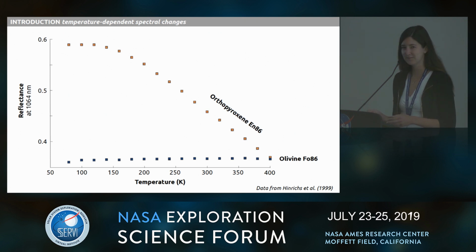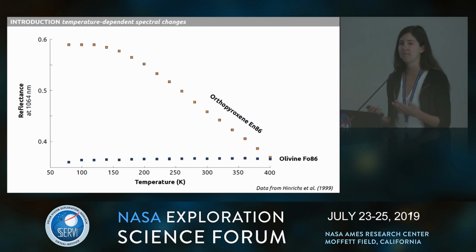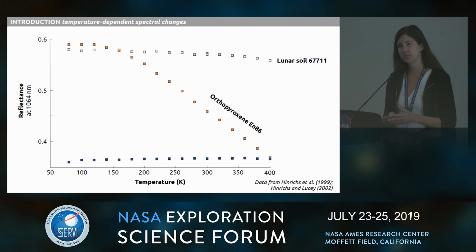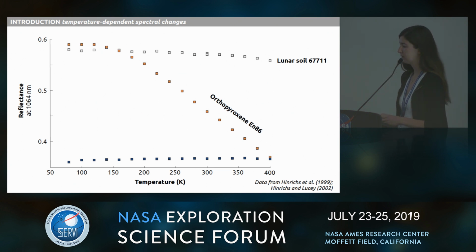On the lunar surface, of course, it's going to be a more complicated story. There are a variety of other minerals that are mixed in the surface materials, as well as space weathering effects that actually dilute this strong temperature reflectance relationship. But earlier analysis of some returned Apollo samples by Hendrix and Lucey demonstrated that about a 5% change was able to be detected in Apollo samples for temperature ranges that are coincident with variations in temperatures experienced over the course of a lunar day. So 5% variation is on the order of uncertainty for a single LOLA shot,